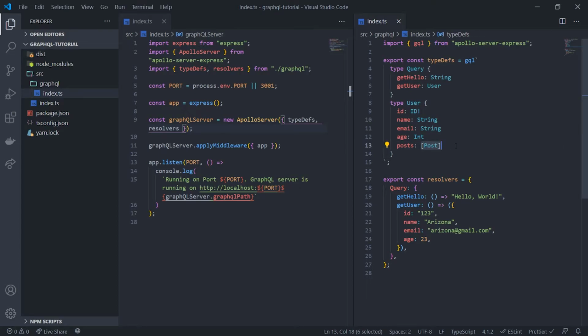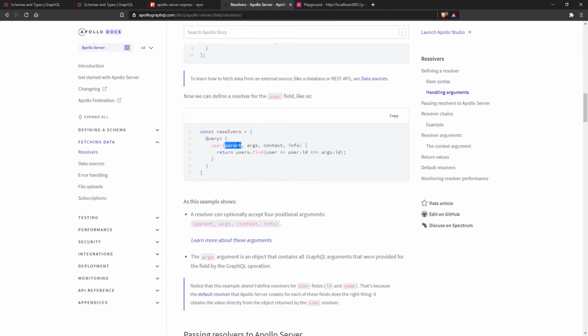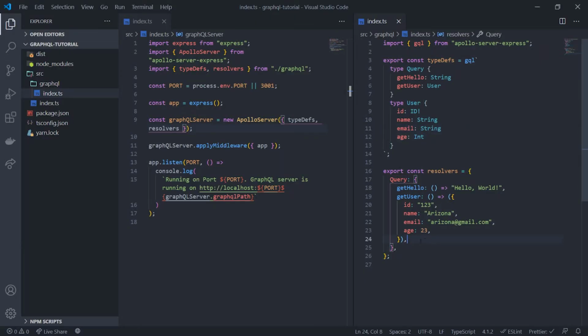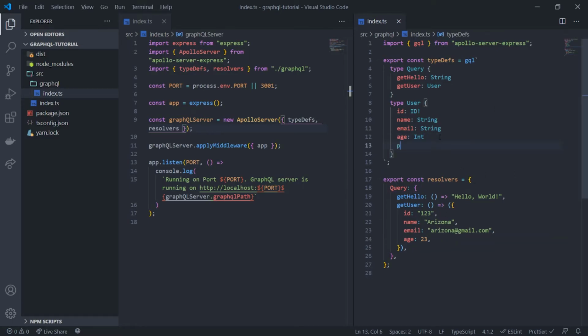So this over here represents an array of posts. So you don't do this, you don't do this, you do this. Okay? But we would have to obviously create the post. But let's say for example, if we're in the resolver and we are trying to resolve this